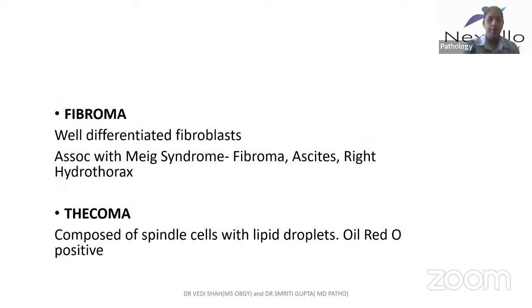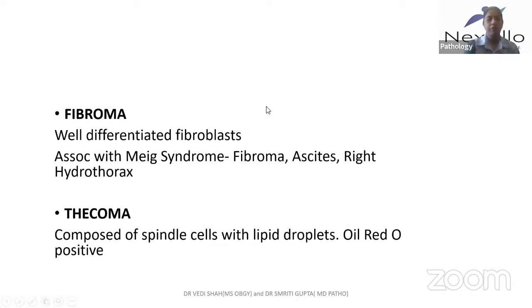Okay. We come to fibroma and thecoma. As the name suggests, fibromas are formed of well-differentiated fibroblasts, and they are associated with a particular syndrome called Meigs syndrome. Now, what is Meigs syndrome? So if in the history they give you